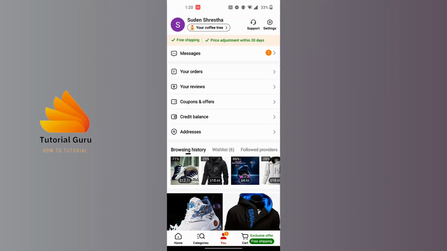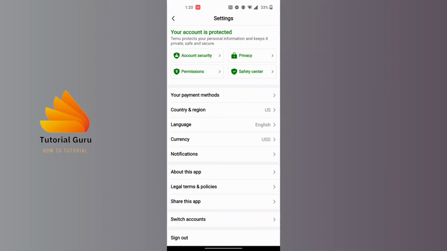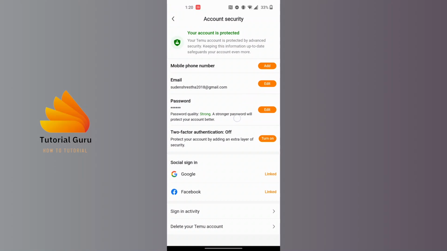Tap on settings and you land over here where you can see the account security option available for us just above the permissions. Tap on account security and you land over here where your email address will also be available over here. Now in order to change the email address on Temu, tap on the edit button at the right